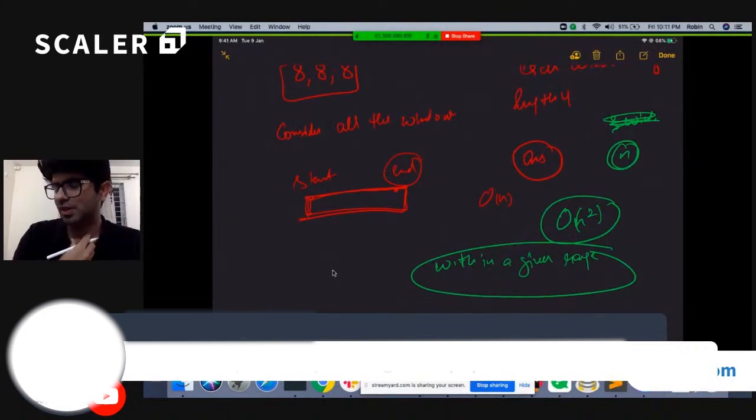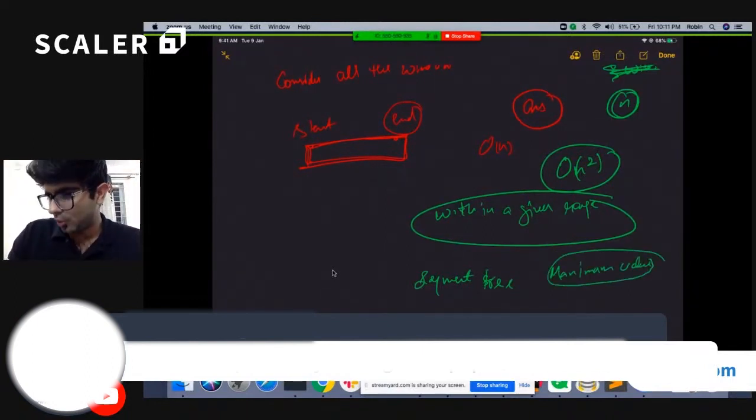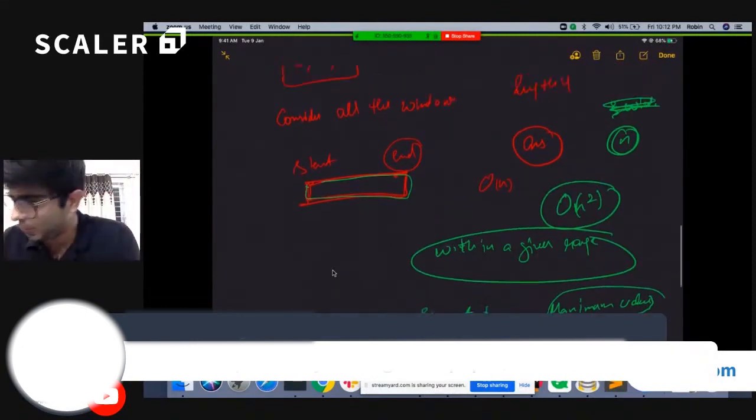If I need to maintain that structure, we already know that the segment tree provides that sort of flexibility, giving us the maximum value in a particular range. This will bring the query from order of n to order of log n. If you can use something like that, even then my complexity will be n log n. Can I improve further if I want to solve this? Let's see. Maybe we can improve it further.